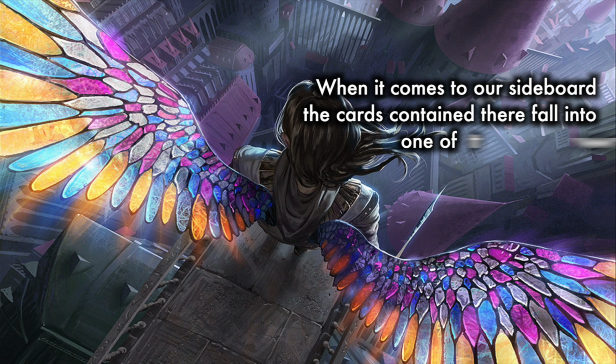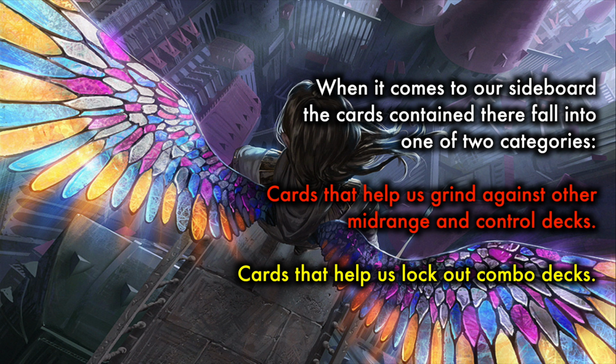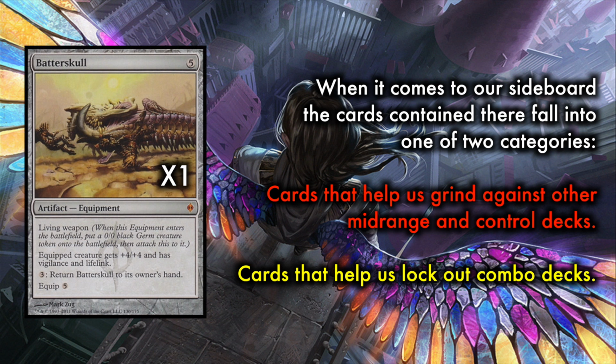When it comes to our sideboard, the cards contained there fall into one of 2 categories. Cards that help us grind against other mid-range and control decks, and cards that help us lock out combo decks. We have a smattering of different cards to help us grind out opposing control decks from different angles. The first is a second copy of Batterskull. Having a 4th piece of equipment in our deck makes our Stoneforge Mystics better as the game goes long. Batterskull is also a perfectly serviceable card to just draw when we are trying to make the turn count last